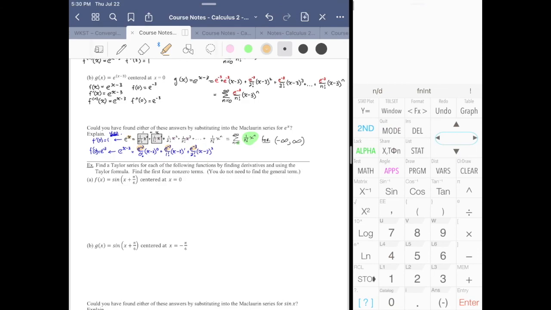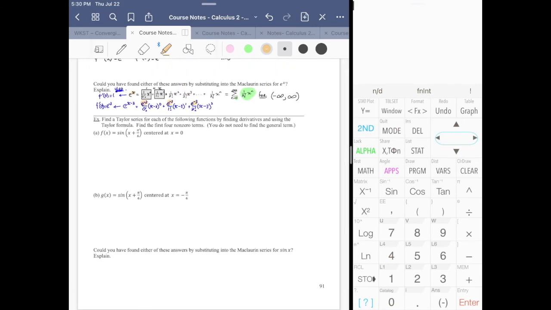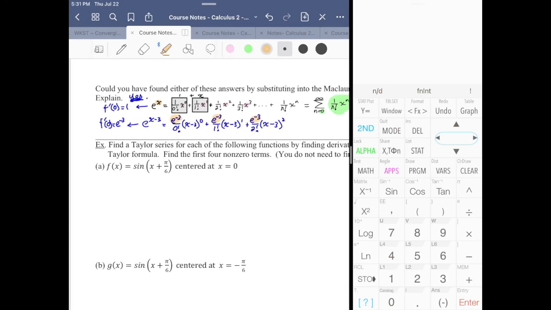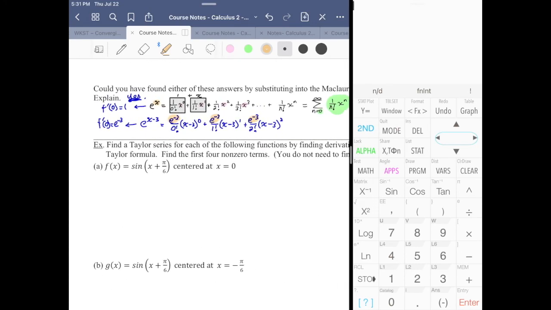So find a Taylor series, again, centered at 0. All right, so we'll keep that in mind. And it says you don't need to find the general term. And again, it's going to have the same follow-up of could you have done this all using Maclaurin? And that's an ongoing thing. We'll keep looking at that. All right, but